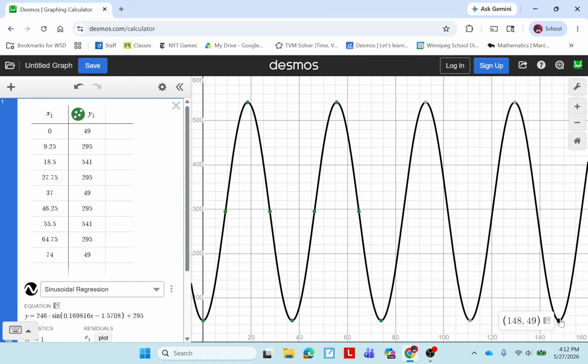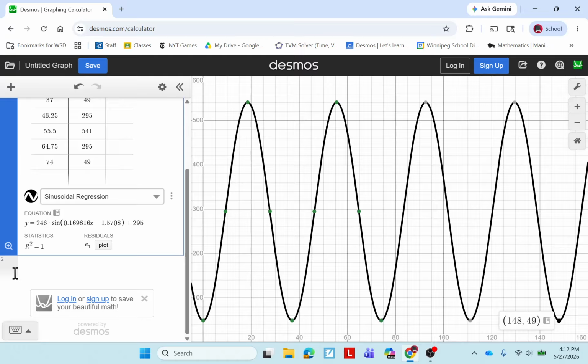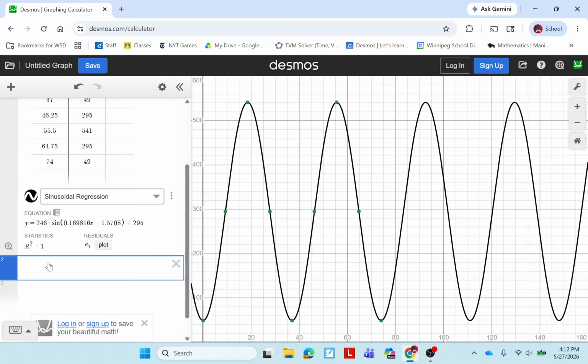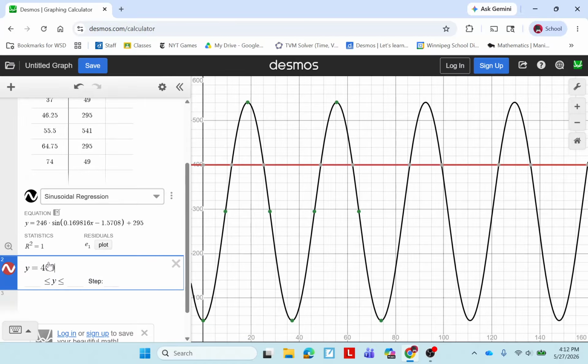Okay. Now, again, that's not what the question is asking. The question is asking, when is he at a height of 400 feet? So what I'm going to do is make another line. I'm going to enter y equals 400, and we're going to write down all of the intersection points. Okay, so the first one, where y is equal to 400, we get x is equal to 11.85. The second one is at 25.15, 48.85,